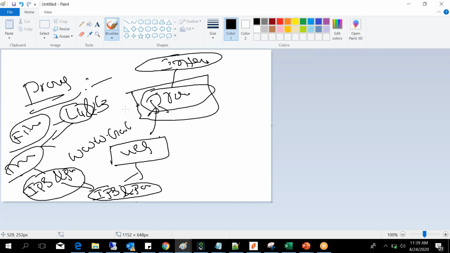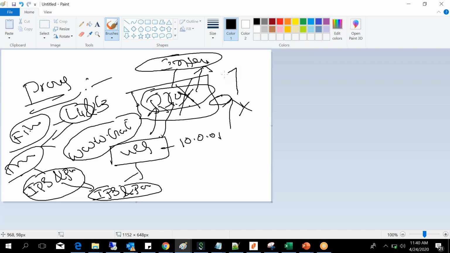Again, we have different firewalls also. There are web application firewalls which look into layer 7 traffic, that is HTTP and HTTPS traffic. We'll discuss that later. But here, the proxy comes first when you initiate a web request, a Google request. It stops the traffic here. The proxy will initiate a connection to the internet. Let's say the source IP is 10.0.0.1. The proxy stops the connection here and initiates a new connection to the website.